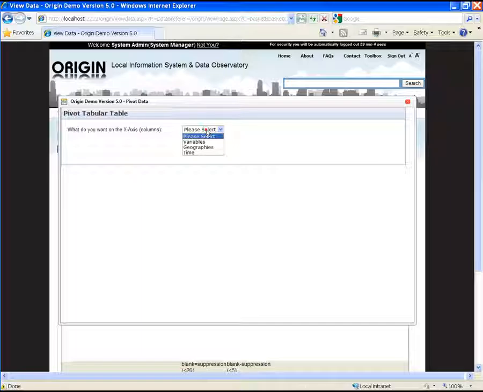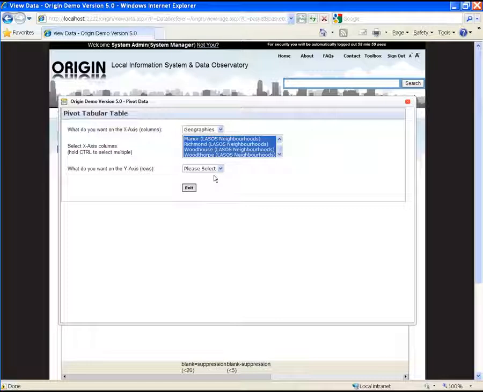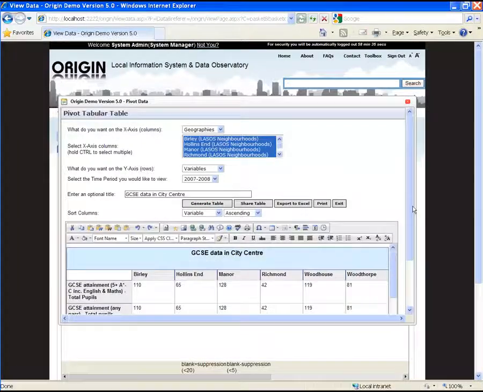So let's say we want to create a table containing all geographies on the x-axis. We're going to contain all variables on the y-axis, but we're going to do it for just the latest data. And we'll just call this GCSE data in city centre. So I've generated that table,